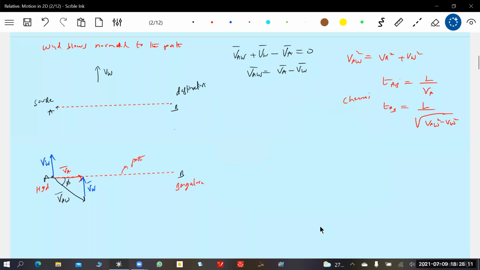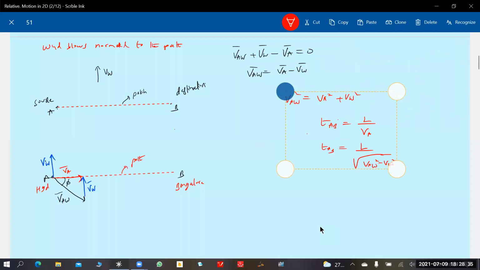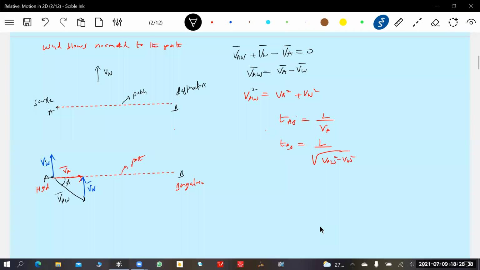This particular problem is the core central idea for all our discussion. The wind can blow in any direction, not only along the path. In every problem, try to indicate the path. The path with respect to what? With respect to the ground. In all the problems, we should try to work out the time taken for the journey from source to destination.